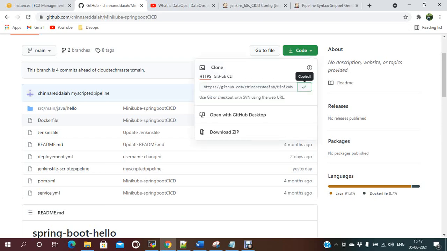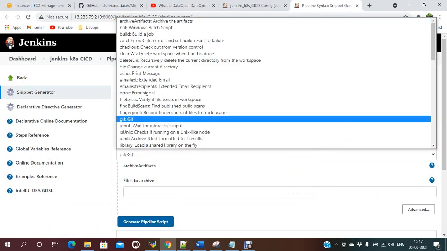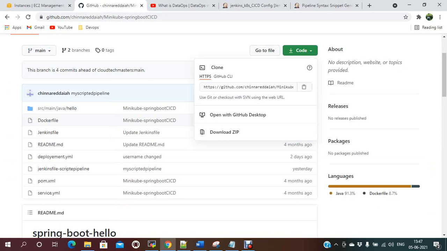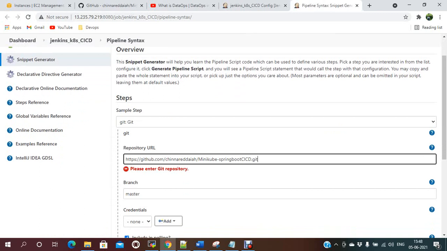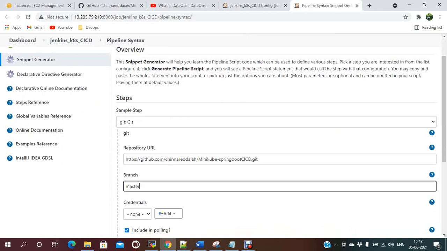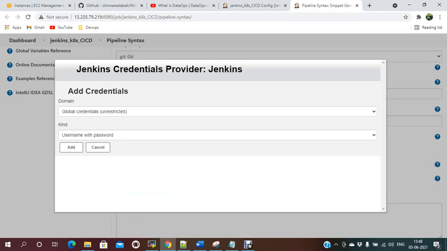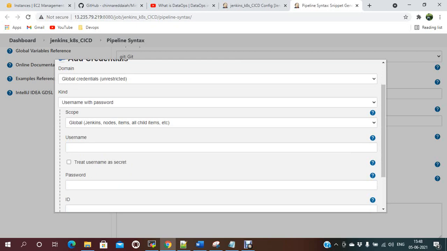If you don't know how to do that, just select git. The branch name is main, mine is main, I don't have a master branch. So I'm pasting the URL here, and instead of master, I'm giving main. If you want, you can add your credentials. Mine is a public one, but let me add it in case you need the credentials.